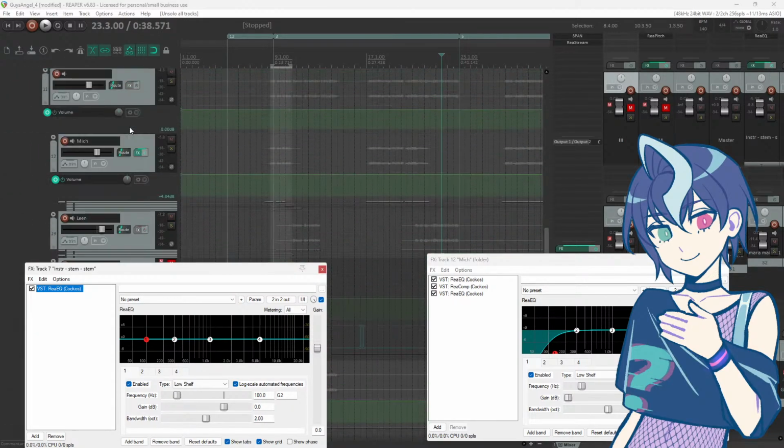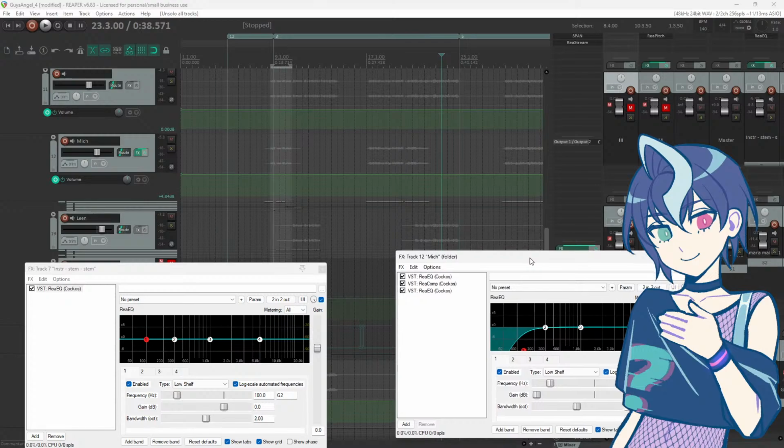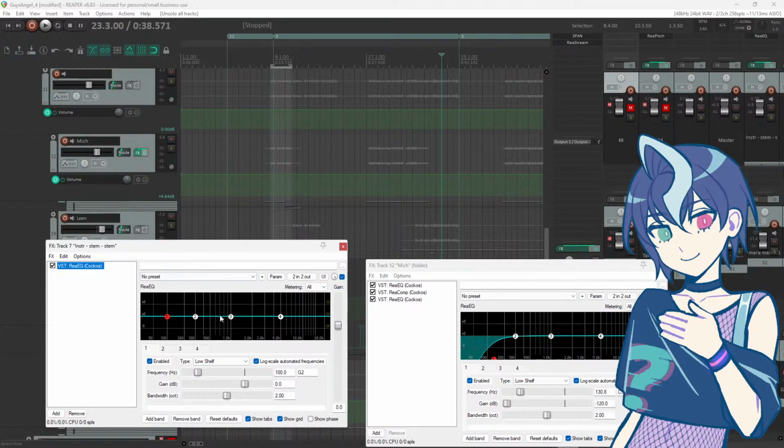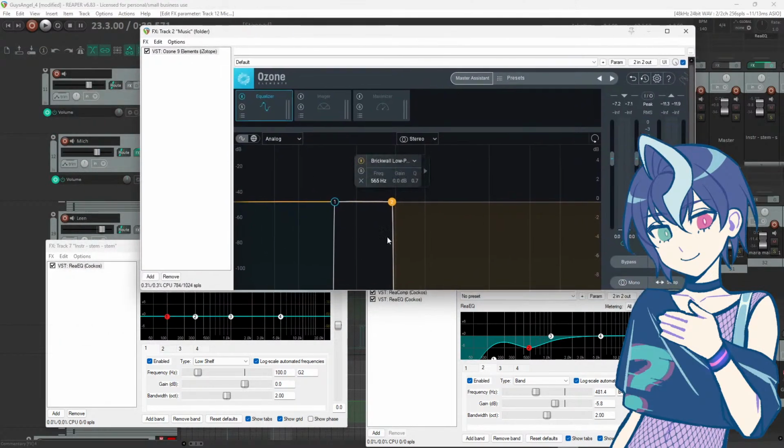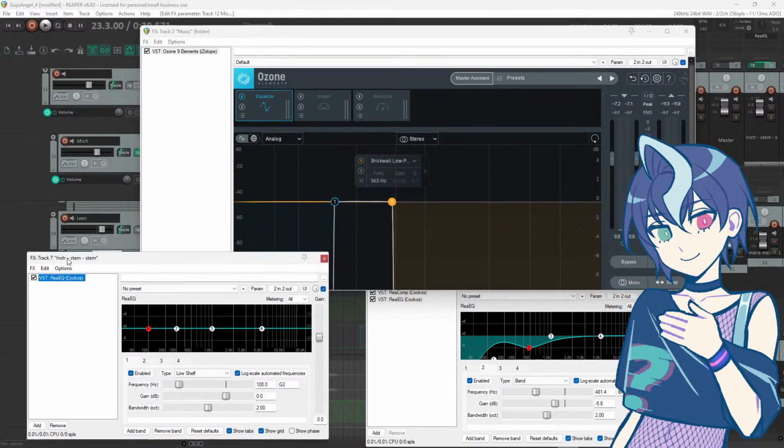So I'm going to make that happen with mine with EQ. And what EQ is really doing is lowering or raising the volume in that specific range that you're working in. So if you have